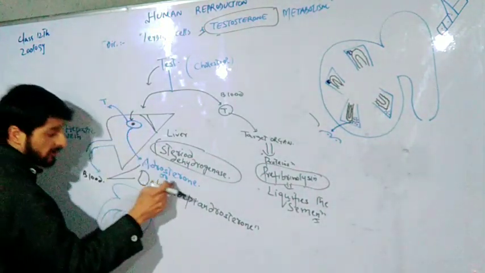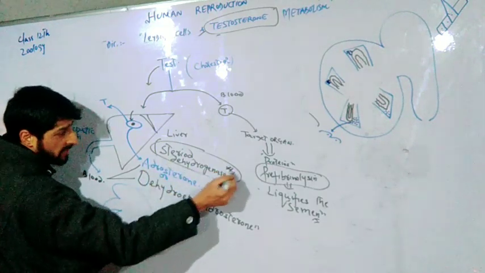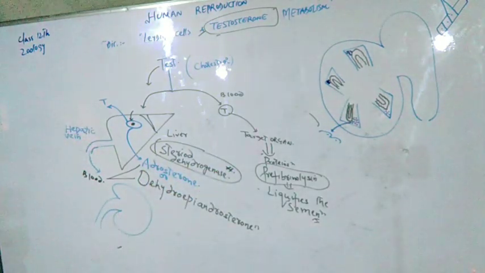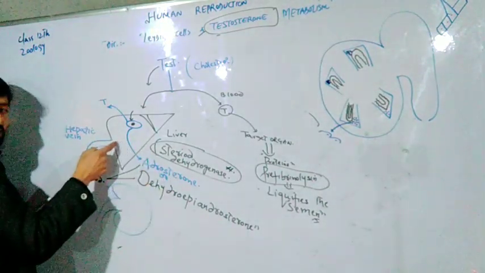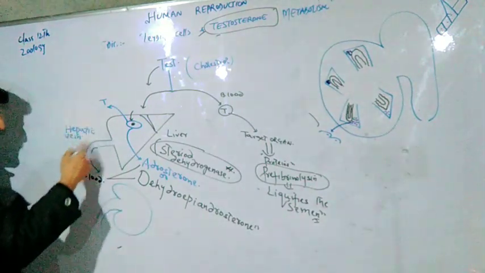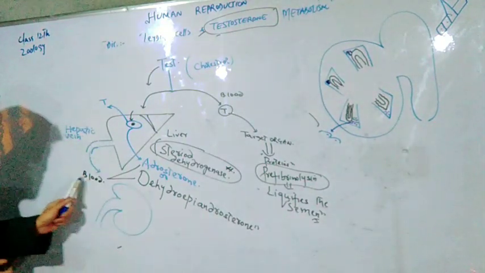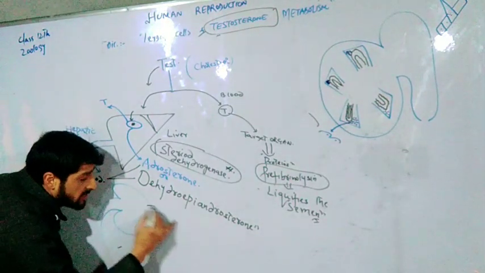Testosterone was broken into androsterone and dehydroepiandrosterone by this enzyme that you call steroid dehydrogenase. Then these byproducts are discharged into the blood, and from the liver, the hepatic vein takes the blood, and a stage will reach when the blood will reach the kidneys for filtration, and kidneys will produce